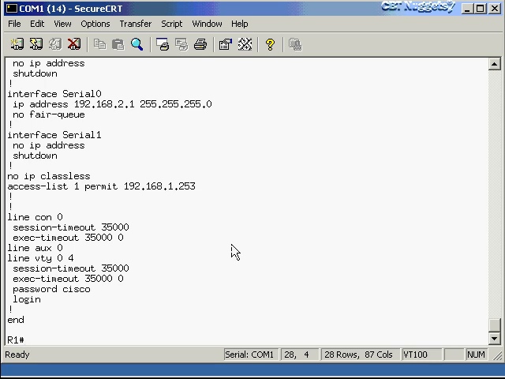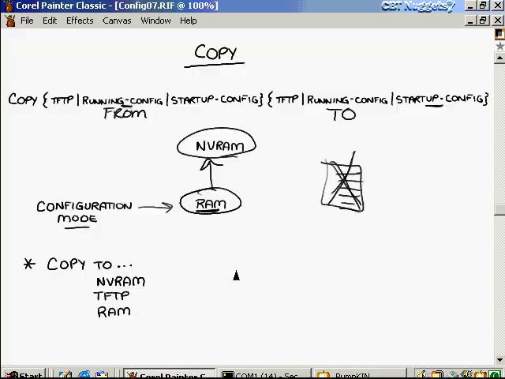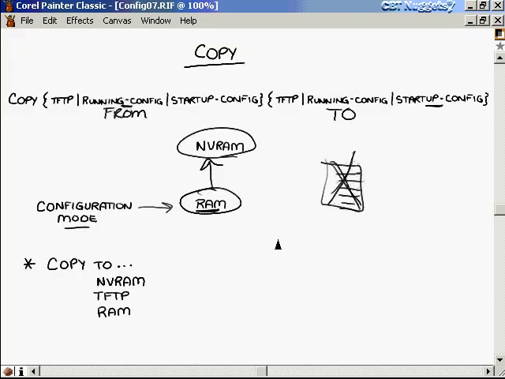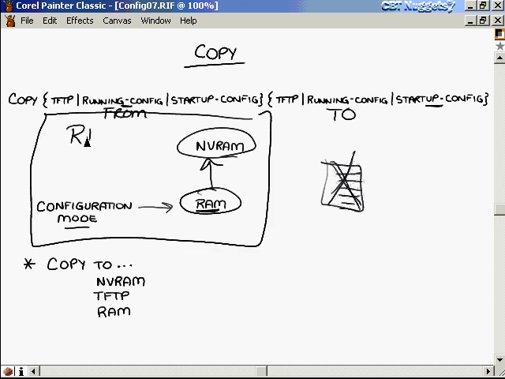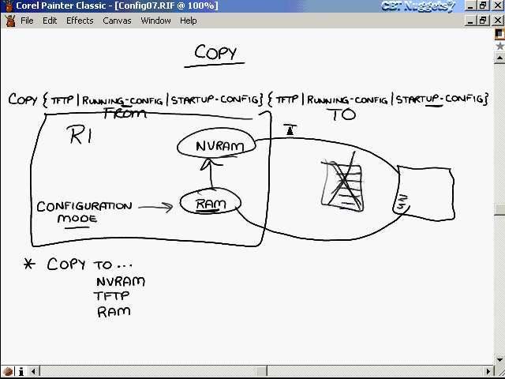We haven't used the TFTP option of our command yet for copying. You've got to remember that as we're copying information from RAM to NVRAM, it happens within the router. Let's say this is R1. We also have our configuration mode as a part of that router. There's going to be an instance where you want to take configuration files from either NVRAM or RAM, deliver them to a separate PC, and write them for storage, for backup, if you will, in case we ever need to bring them back over. The way we're going to make that happen is through the TFTP protocol, Trivial File Transfer